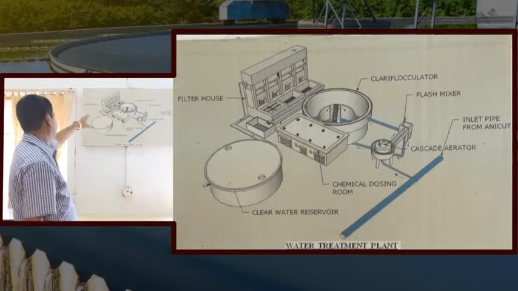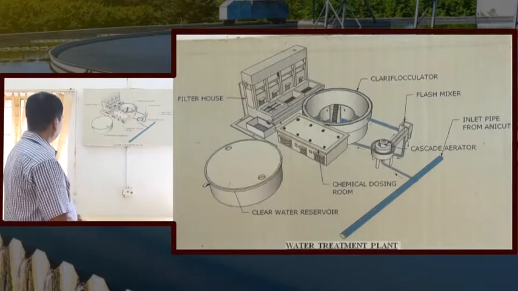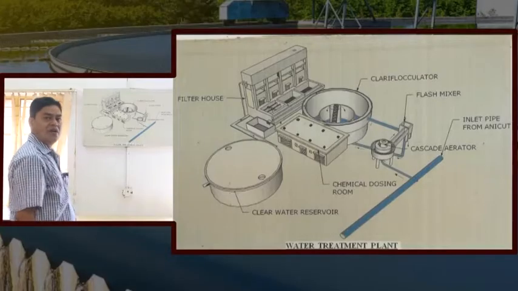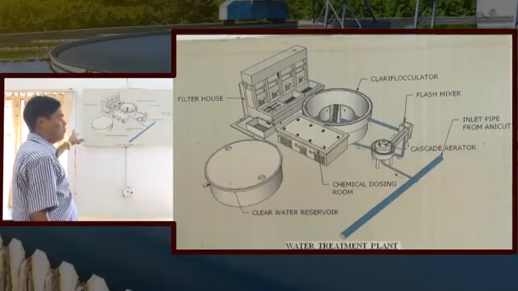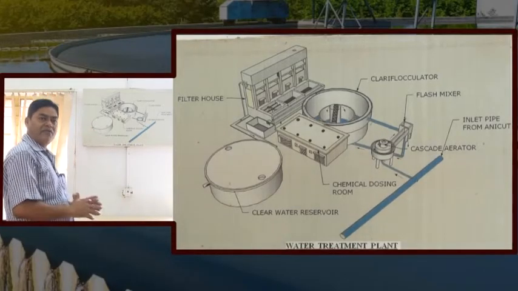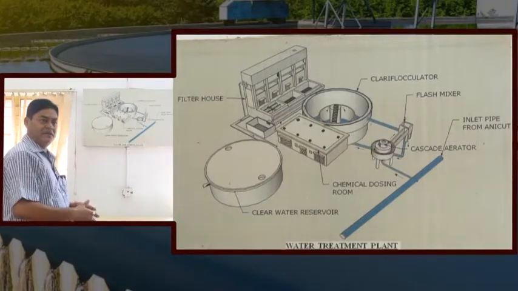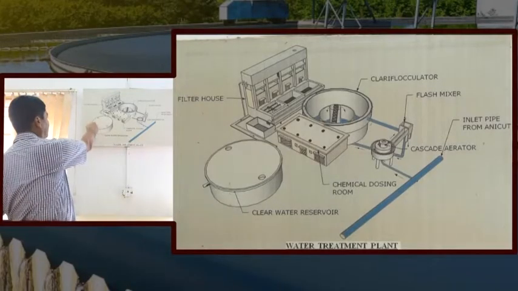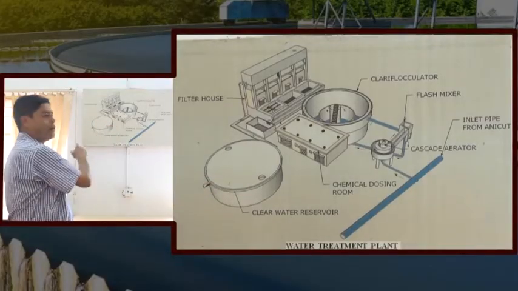From there we have three beds, a multi-layer of beds. The water goes there and is filtered. From the filter we get clear water in the water reservoir. From the water reservoir we supply to the campus people, and we also generally do back flushing of the water. The back flushed water is recycled to our recycle bed, which is outside this room. From there the water is recycled again to the cascade, and it follows the same process for purification.